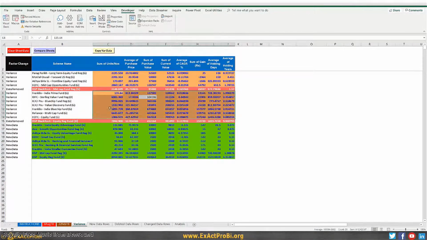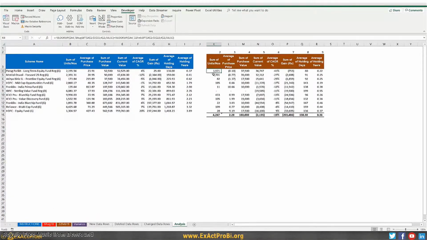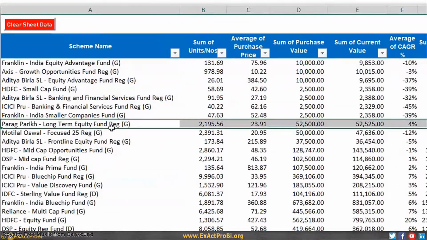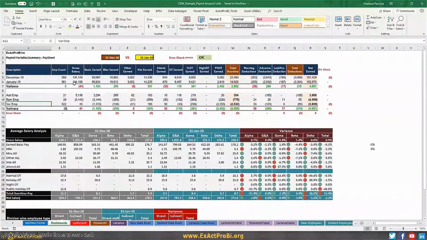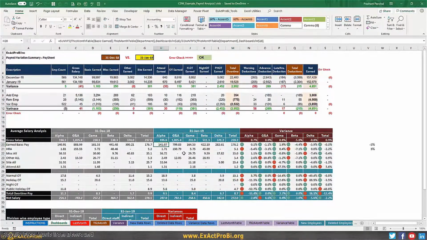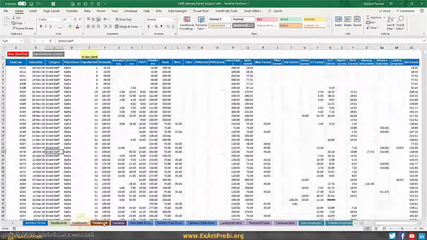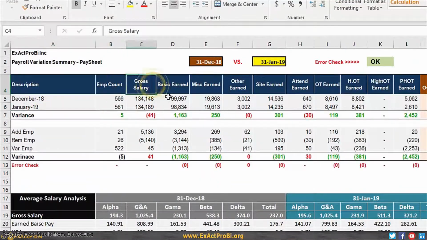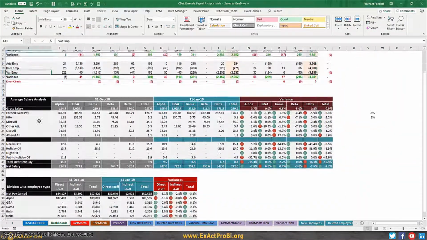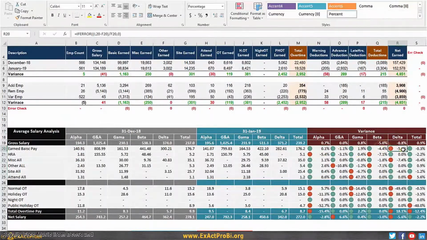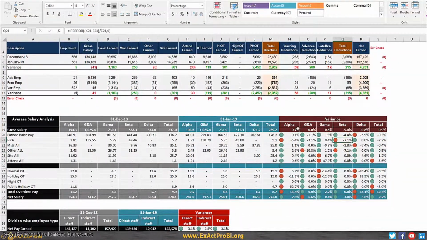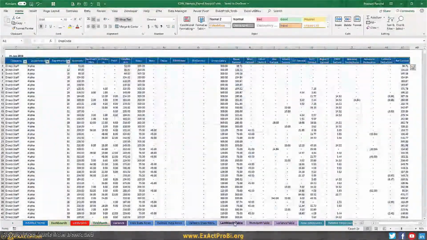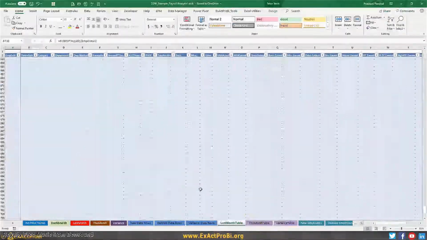We will go through a simple example of comparing a mutual fund portfolio between two dates and find out critical variances. In the second example, I will walk you through a very comprehensive payroll data comparison exercise with a dashboard. In this case, we will compare two months of payroll data which has various pay elements to find out variances like new employees, deleted employees, and employees with changes in each pay element